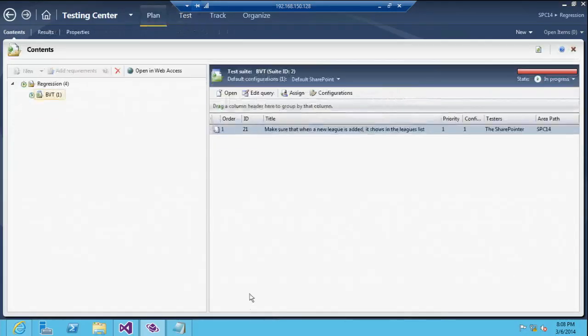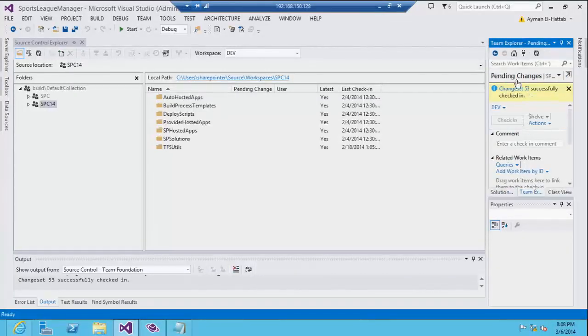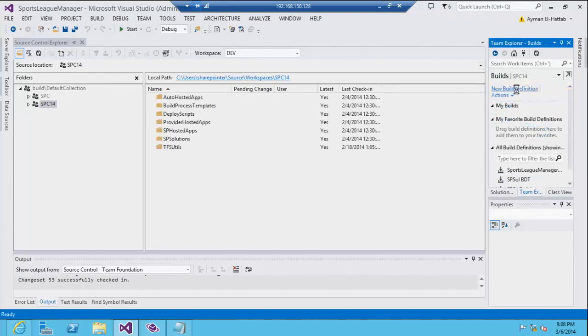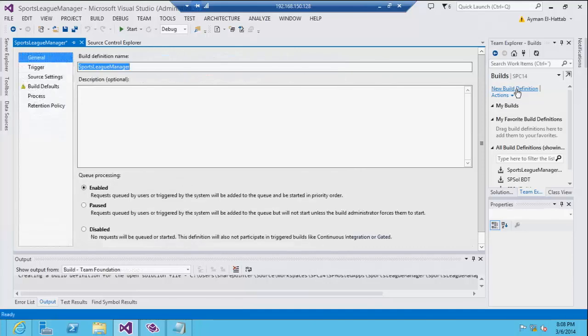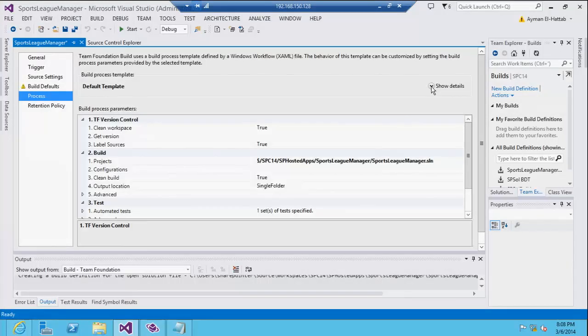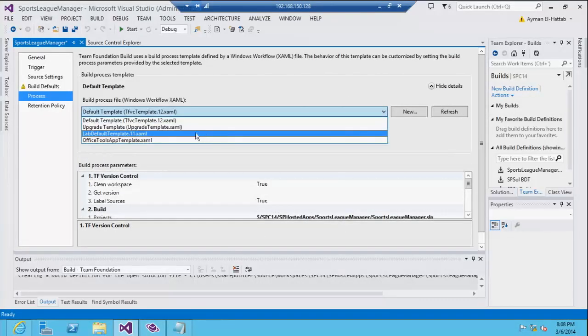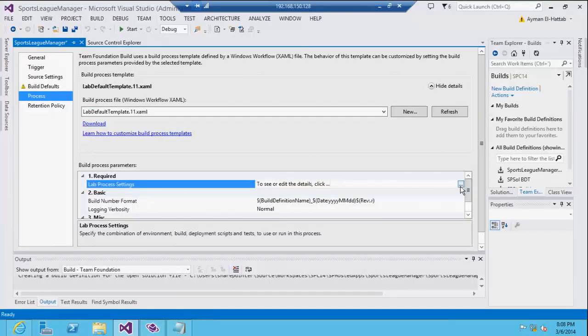Last tip before I turn back to Eric is when you create a build, deploy, test workflow, there is this build definition or build process template called lab default. And the lab default template is very straightforward. Here is the process or the wizard.